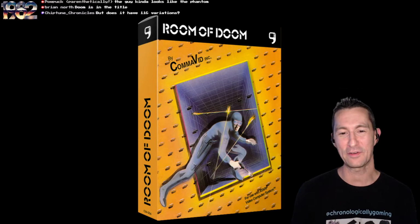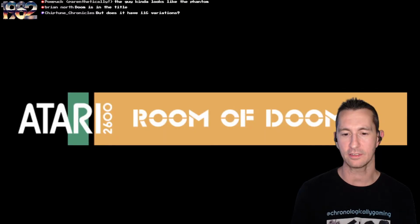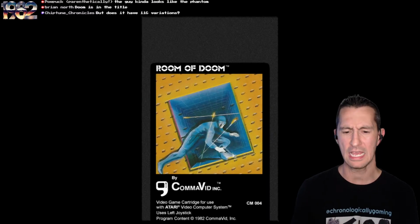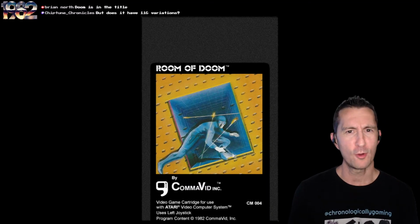Oh, man. If only we knew the future. There's our Atari VCS. We have the original still. Wood grain. Got to have the wood grain. There's the Vid cartridge we're going to pop in. It looks a little larger than some of the other Atari VCS cartridges, but we're in the Wild West of